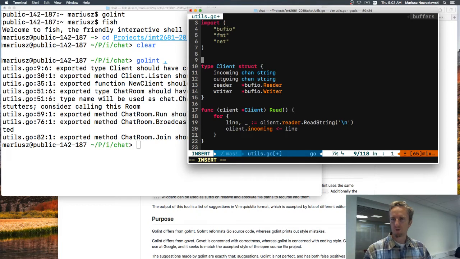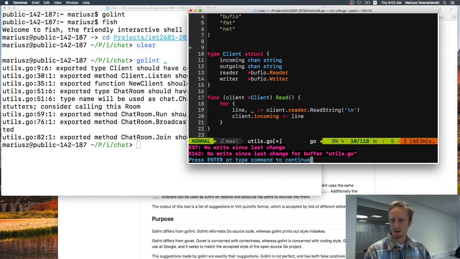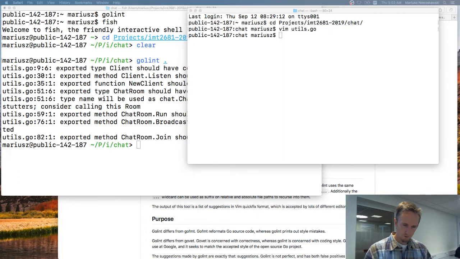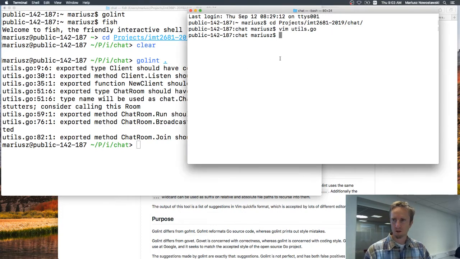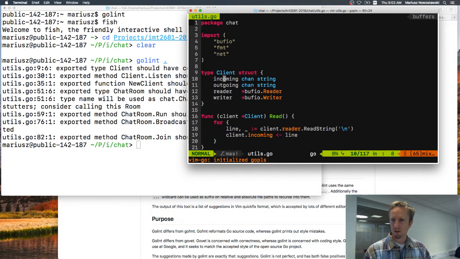So I have 2 options to fix it. One is to make it a small letter, but then I have to fix it everywhere, or add a comment, right? The more tidy way of fixing it would be to change it to small letter, but for that, using Vim is a little bit tedious. It's better to use IntelliJ. So I will quit that and fire up IntelliJ to change it. I will do that after the class, but for the sake of this, I will just say